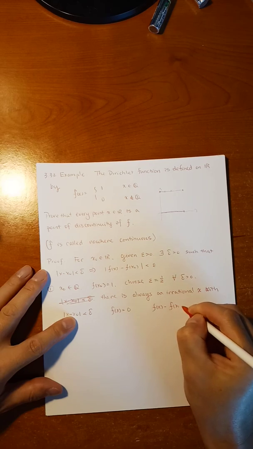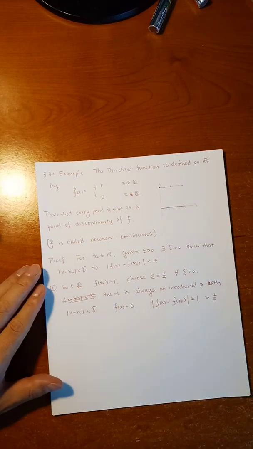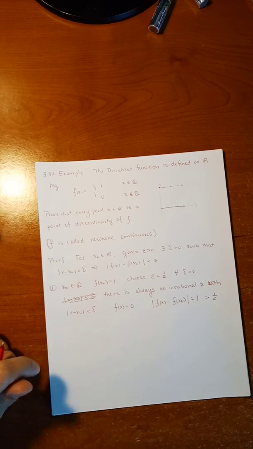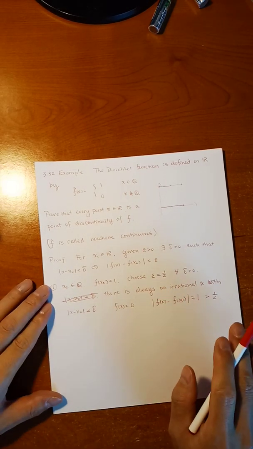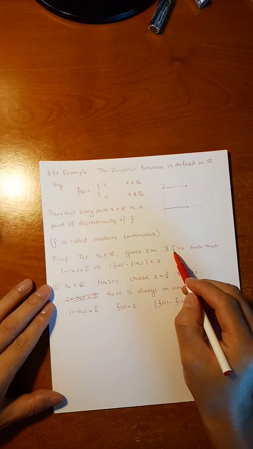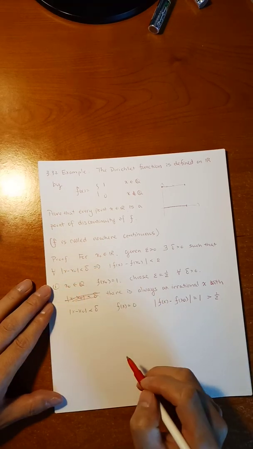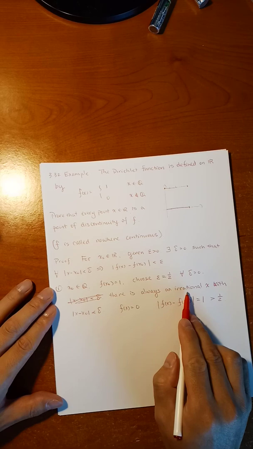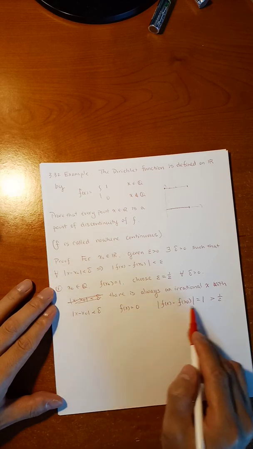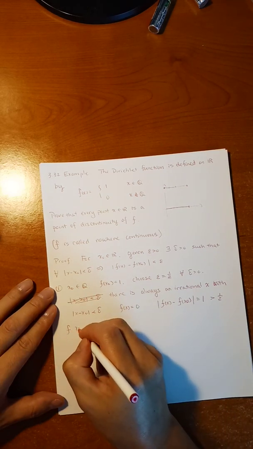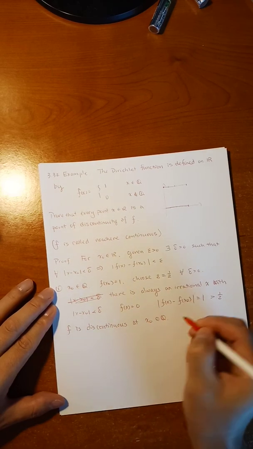|f(x) minus f(x0)| is equal to 1. It's greater than 1/2. We chose epsilon as 1/2. Okay, so this is a contradiction. Given epsilon, there is a delta. We choose epsilon, for all delta. For all delta, you can always, this is a for all, and there is. There is always an irrational x close to x0, f(x) is equal to 0. This is 0 minus 1, which is negative 1, the absolute value is 1, greater than 1 half. So f is discontinuous at x0 in Q. Okay, this is our